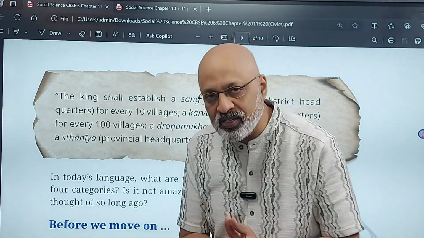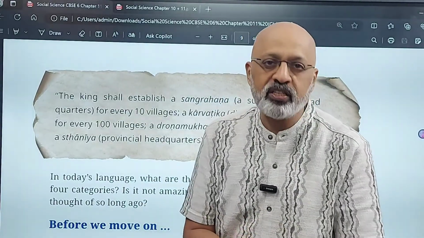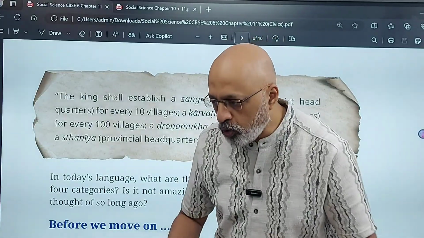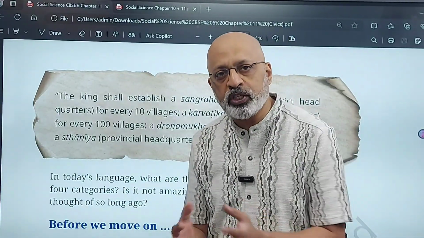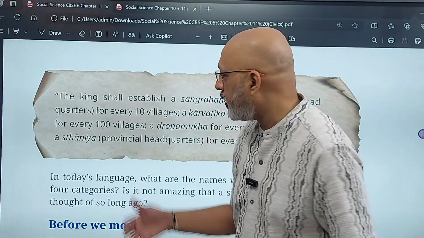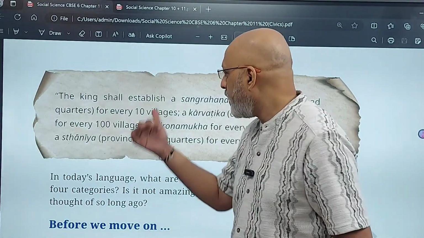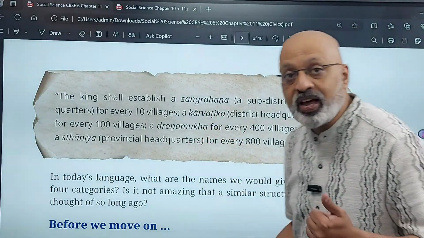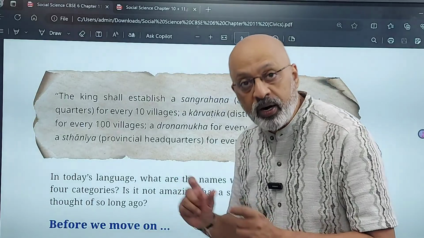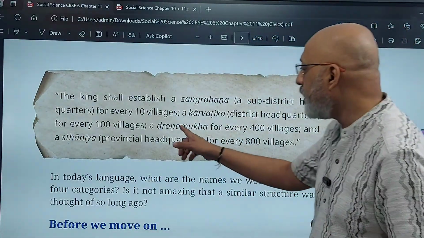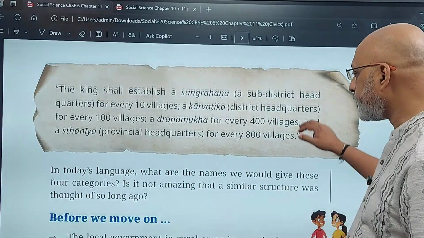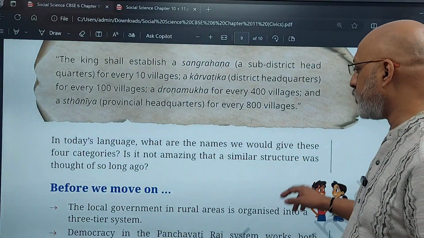Although a panchayat is usually one village, sometimes it can be a group of small villages. Sometimes a village has only 30 people living there, then it's not feasible. So you bring together some villages so that the population is at least 400, 500 people, so that it becomes a bigger panchayat. So that can also be the case. So this is Panchayat Karvatika. This can be asked to you in the MCQ format. This will be the equivalent of the Mandal Parishad or the Panchayat Samiti. This will be of the Zilla Parishad, and this is the state capital. In today's village, that's what this thing is.